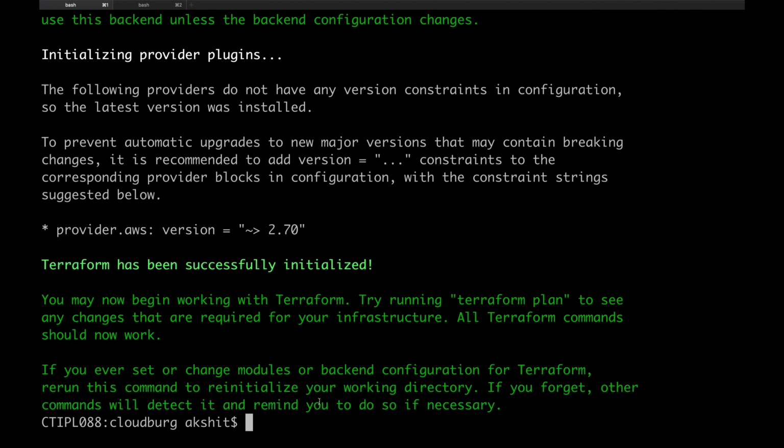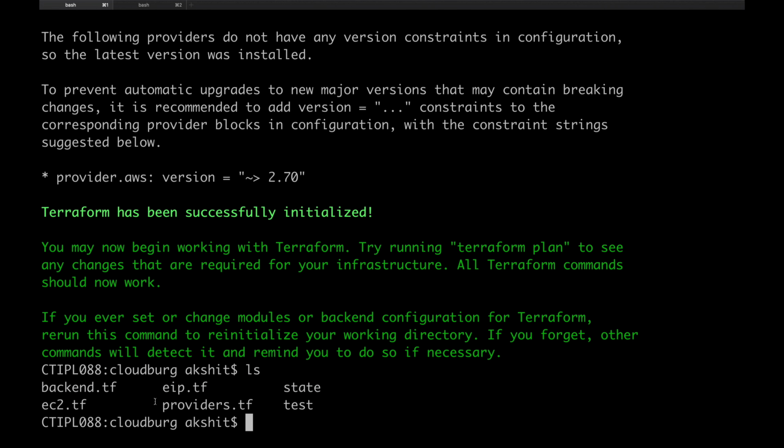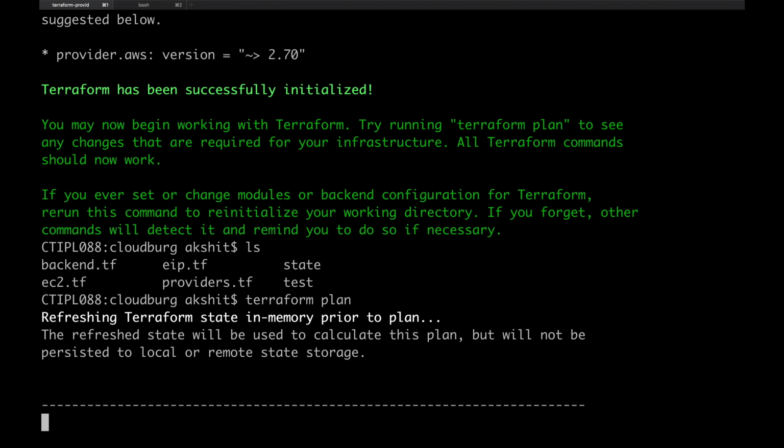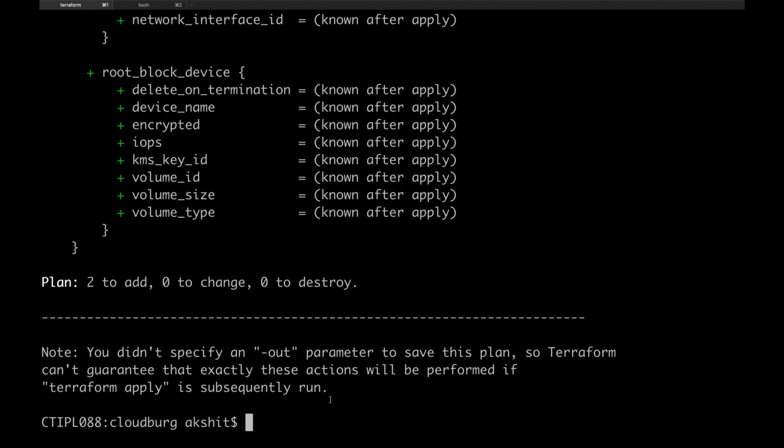Terraform init. Now I'm going to again create these resources, the EC2 instance and Elastic IP. Let's run terraform plan. These two resources will be created.